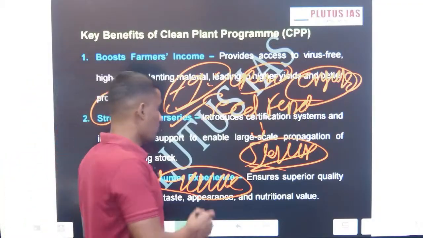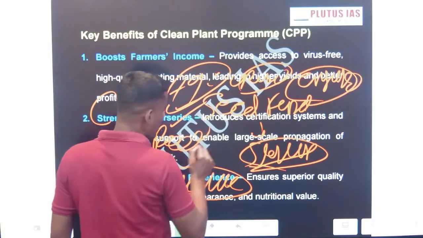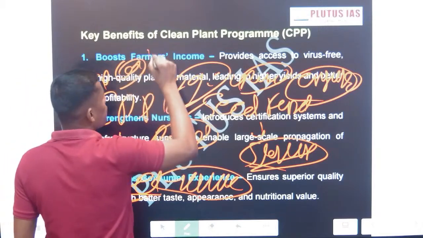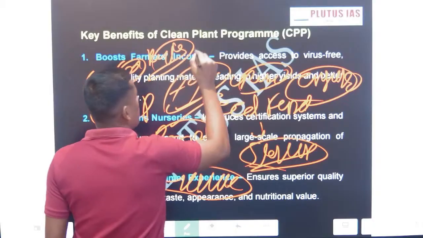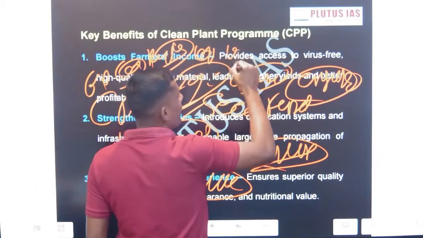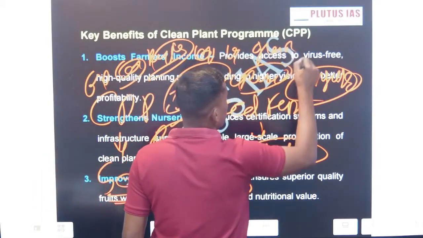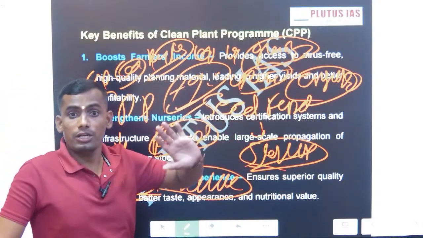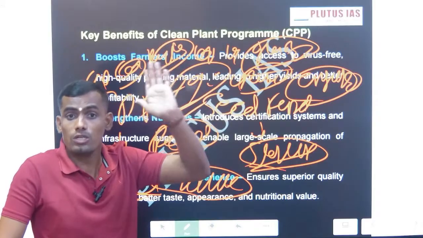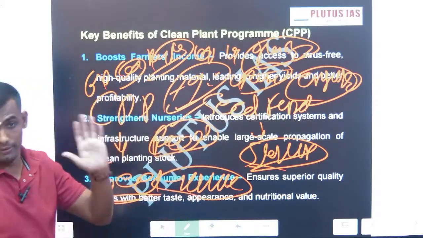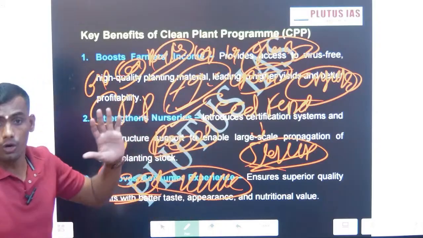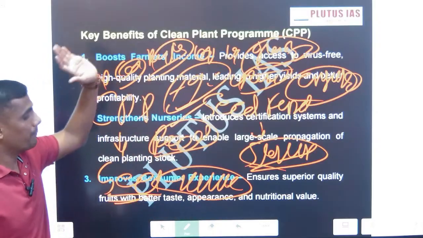We have seen the food grains. But if you see the export of coconut and the fruits and vegetables, the production of fruits and vegetables is far exceeding the grains. This is horticulture, and horticulture contributes one third of agriculture gross value addition. Okay, gross value addition, GVA. This is the importance of horticulture, and that horticulture is supported by the clean plant programming.